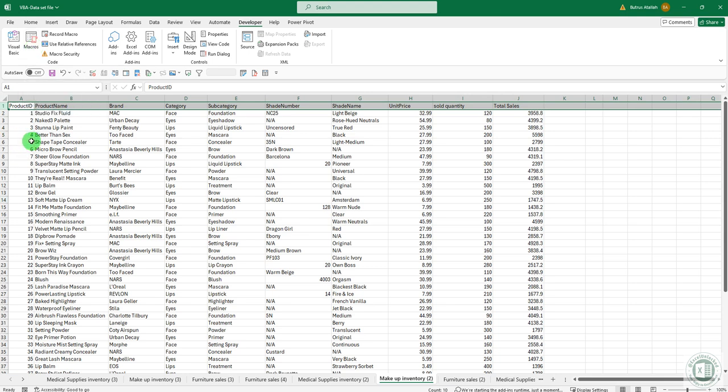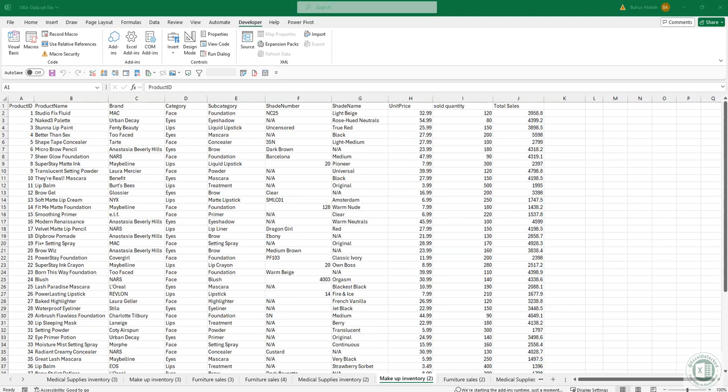But this code, protect and unprotect, I advise you save it in your personal macro workbook. The personal macro workbook is a special Excel file that allows you to store and use macros across all your Excel workbooks. And here are the key points about it.